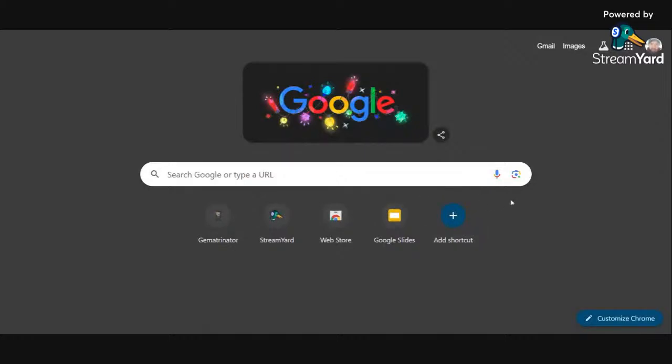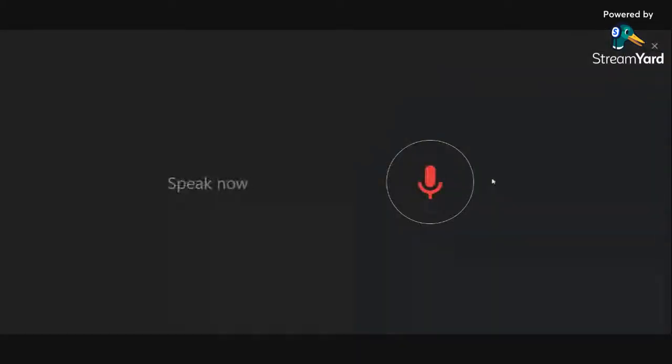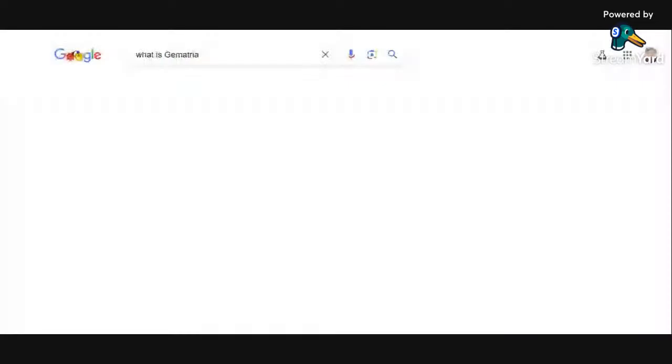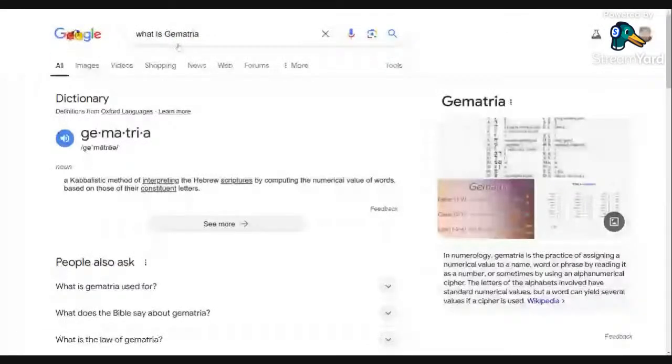So what is gematria? Okay, a Kabbalistic method of interpreting the Hebrew scriptures by computing the numerical value of words based on those of the constituent letters. In numerology, gematria is the practice of assigning a numerical value to a name, word, or phrase by reading it as a number.